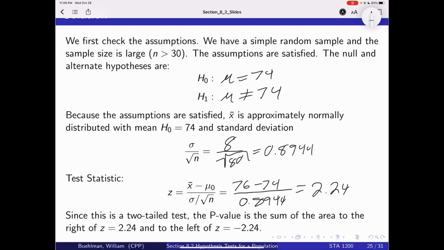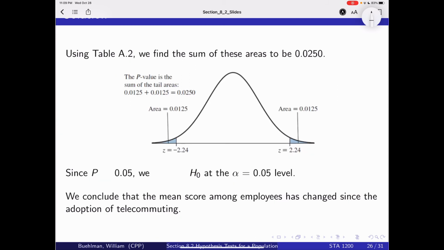Since this is a two-tailed test, the p-value is the sum of the area to the right of z equaling 2.24 and to the left of z equaling negative 2.24. Using table A2, we find the sum of these areas to be equal to 0.0250. So we can see from this graph how half of the area was to the left, half of it's to the right. When we sum it up together, we get that